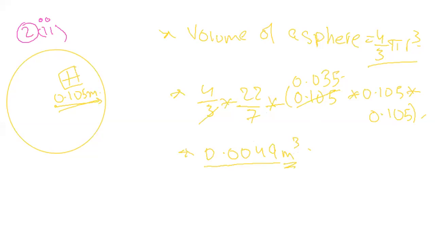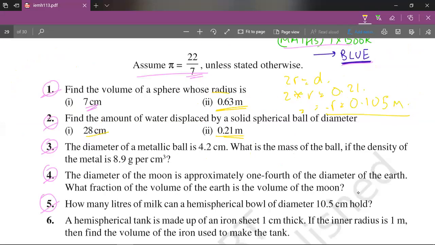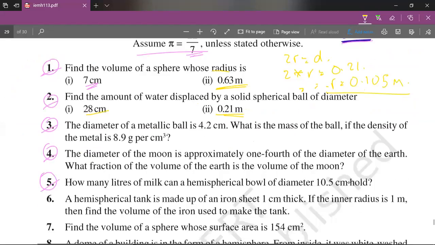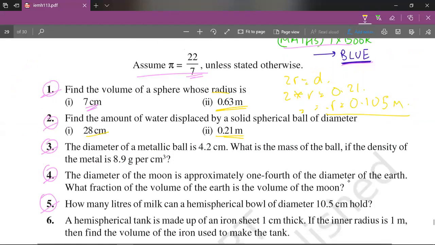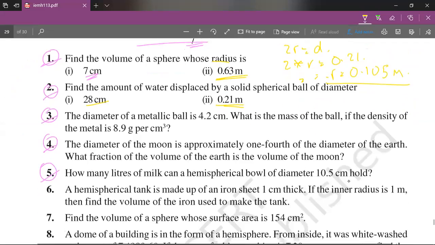Now a note to the viewers that I am using a calculator, so I would advise you to do the same. Use a calculator, because in exams I know that you are not allowed to use calculators, especially for the ICSE and the CBSE. Only the IGCSE boards allow calculators, but in this video we are just rushing through problems, so avoid delay of time. So our next question is the diameter of a metallic ball.